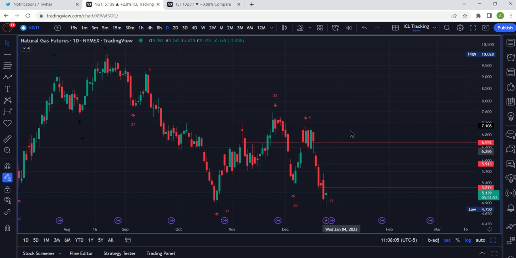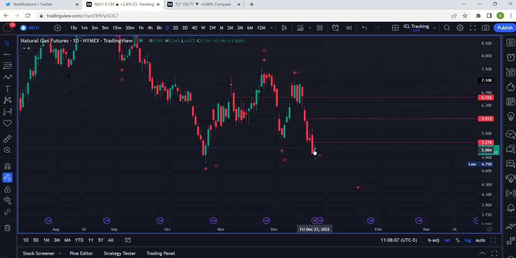Now, as I mentioned in previous videos, we're going to get lower highs along the way. That's how price works. That's how price action works. And so this is most likely setting up one of those lower highs. So we do something like this, and then maybe something like this. But you can see this level becoming resistance.